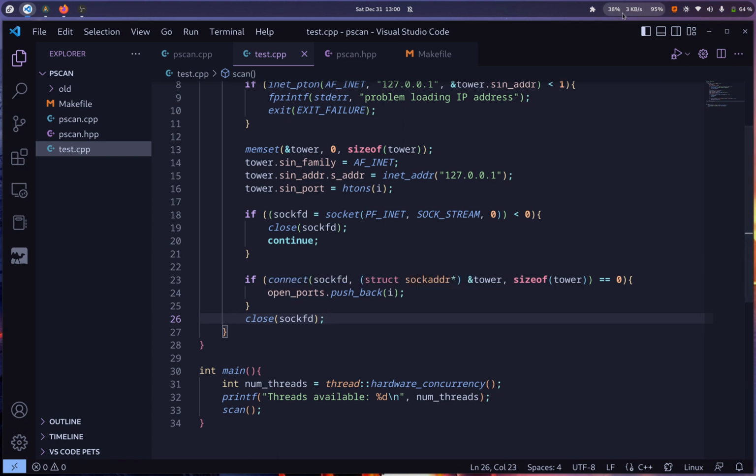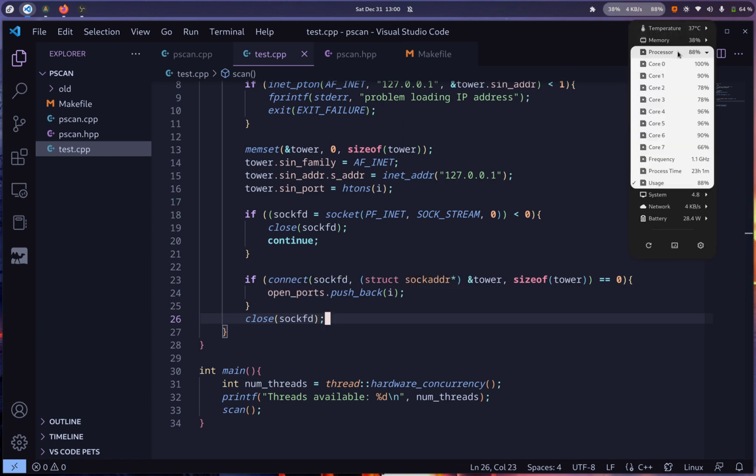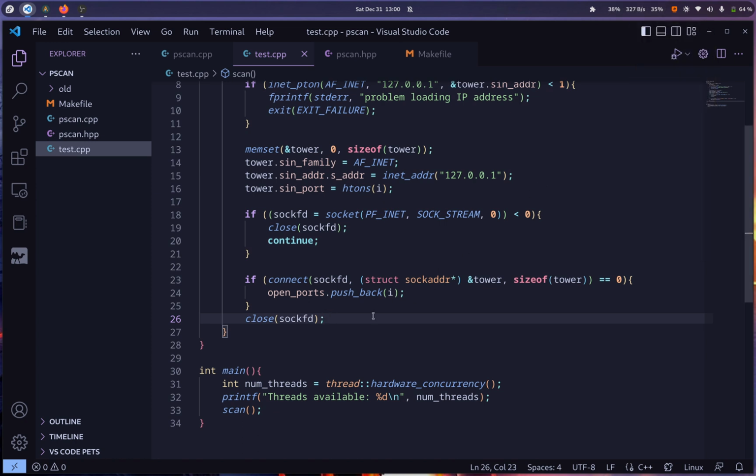Alright, why is my CPU usage going crazy right now? Jeez. Alright, it's slowing down now, I guess. That was pretty weird. Anyway,